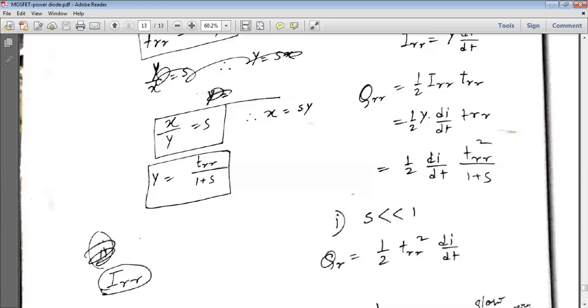So in general purpose diodes, used in rectifiers and converters, the voltage will be 4 kilovolt, current 1 kiloampere, and reverse recovery time will be 25 microsecond. These general purpose diodes are generally freewheeling diodes, and the diodes that are used in rectifiers cannot be used in chopper or inverter.